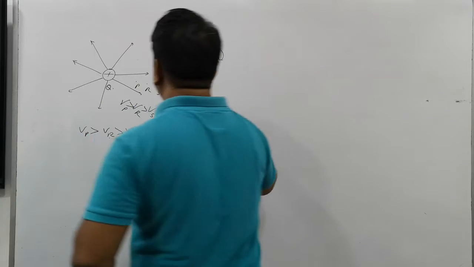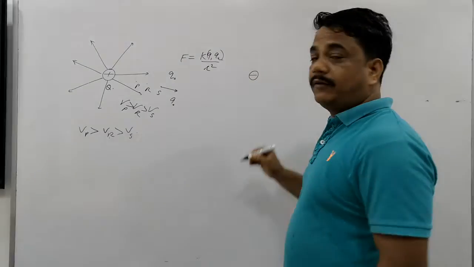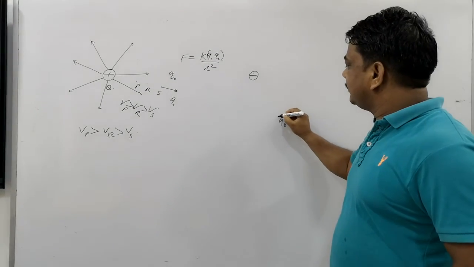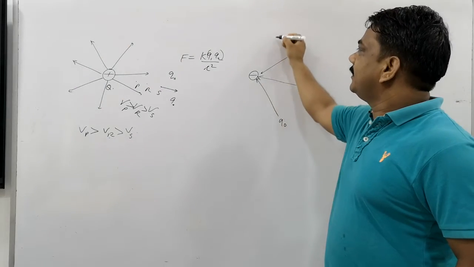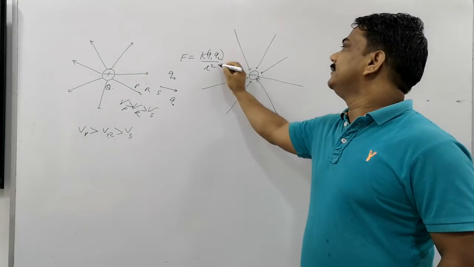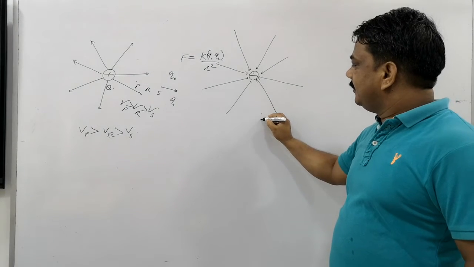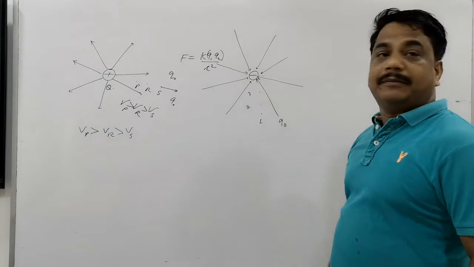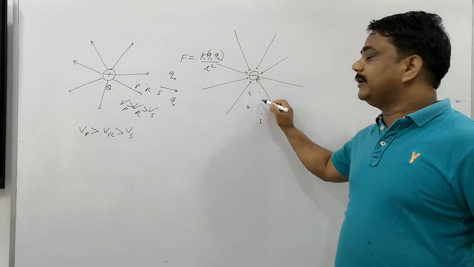On the other hand, we have a negative charge. Is that clear? So obviously, what will be the field line pattern due to a negative charge? If a positive charge is placed here, these are the field line patterns. The field line pattern due to a negative charge is given in this manner. Clear? At this point P, here it is point 1, point 2, and point 3. Tell me please, where will the potential be higher? At point 1, point 2, or point 3?